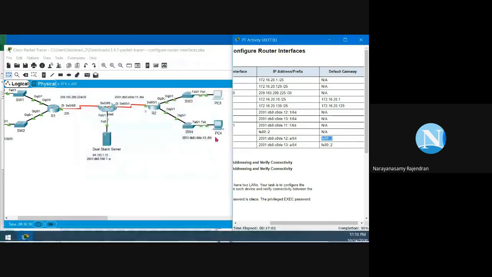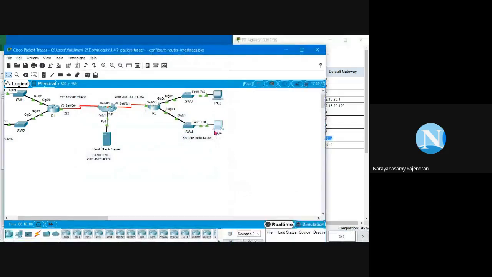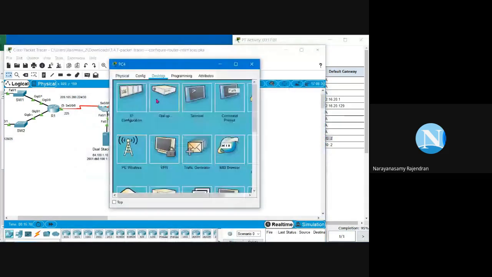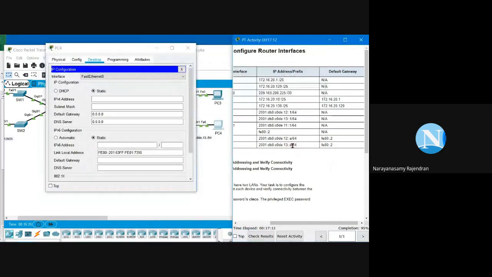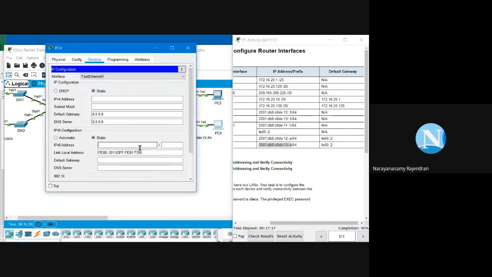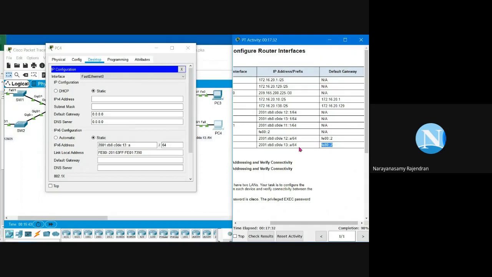Okay. Go to PC4, Desktop, IP Configuration. Then I'll configure this, copy this IP address, paste it here. See, this kind of error will come. So don't trust copy paste. Type the prefix length and then copy this default gateway, paste it.